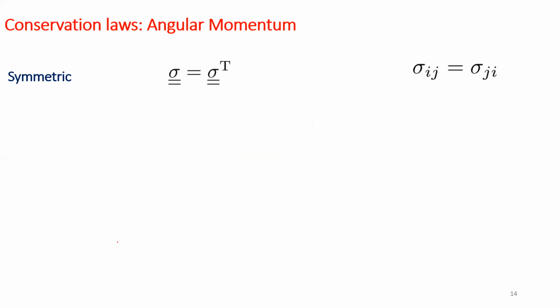So the stress becomes a symmetric tensor due to the conservation of angular momentum. Okay, so I have skipped the derivation because in the larger interest, we need to move towards solving problems. And since you are familiar with the indicial notations and vector algebra, I have skipped those details. The output is this: using conservation of angular momentum, the result is that in a classical solid, the stress becomes